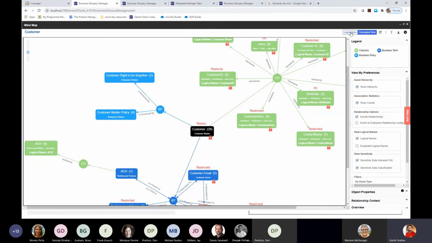And this diagram, in addition to the logical view, can both be exported out to an image format. So you have a download button that exports it to an image format. You can also export this to an Excel format as well, which gives you a flattened view of all the associations and all the types.